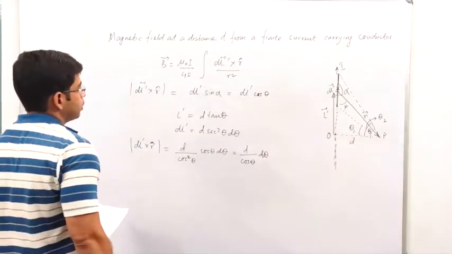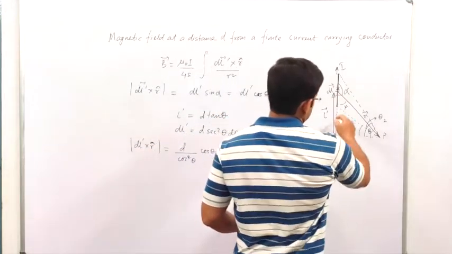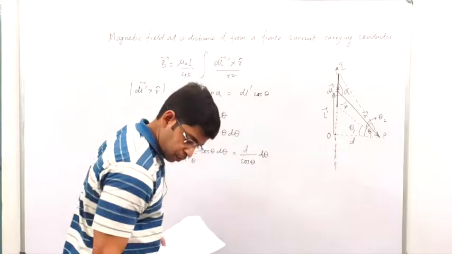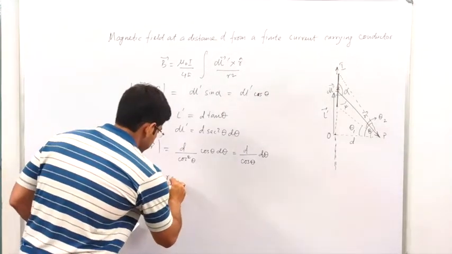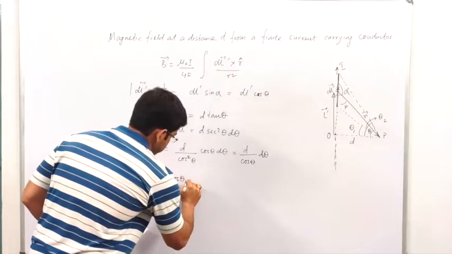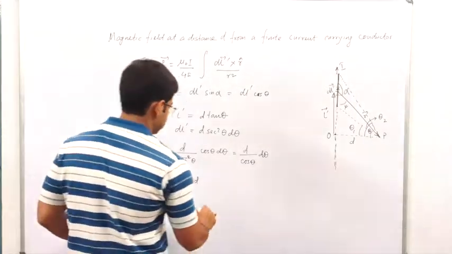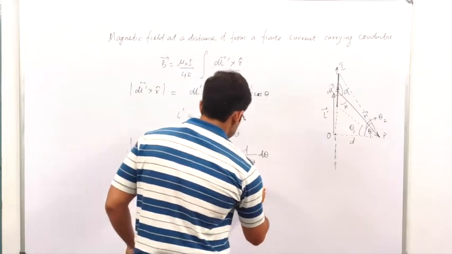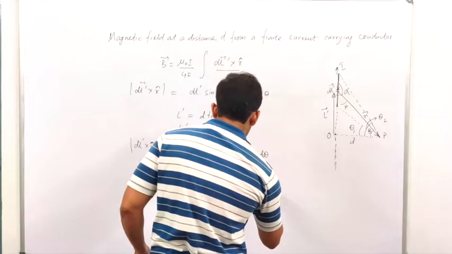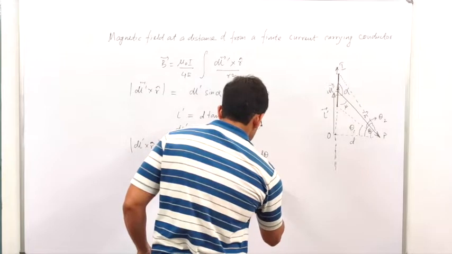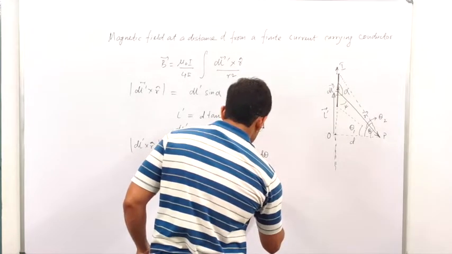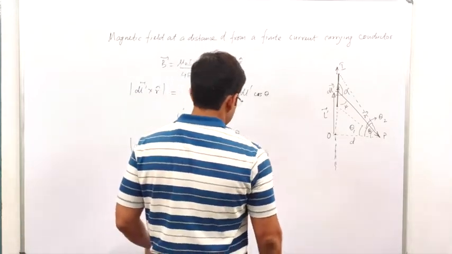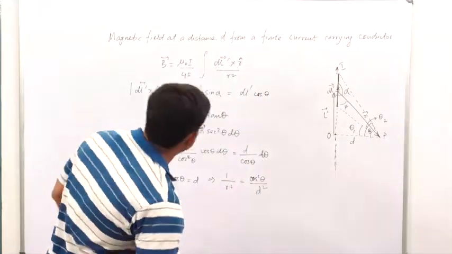Now again, from this triangle, for r we have cos theta equals d by r. So from here we get 1 by r square equals cos square theta by d square. So finally, substituting all these values in the main equation,